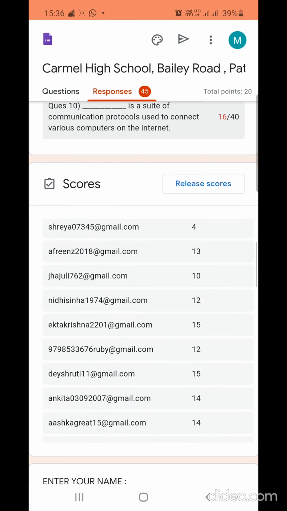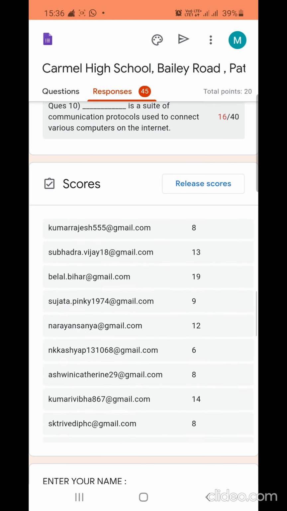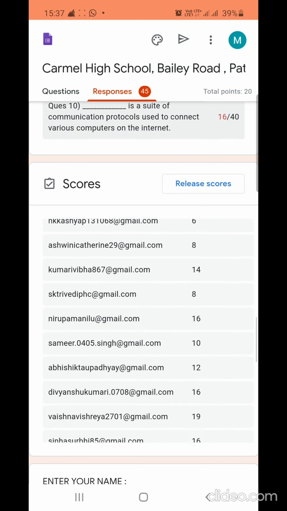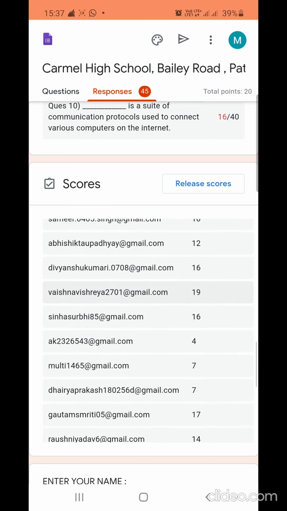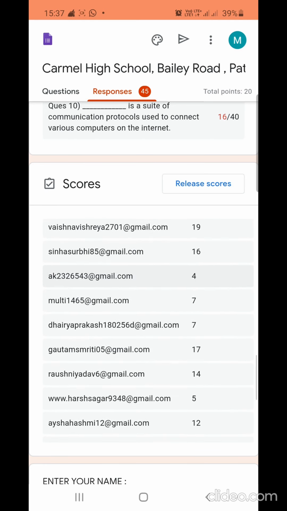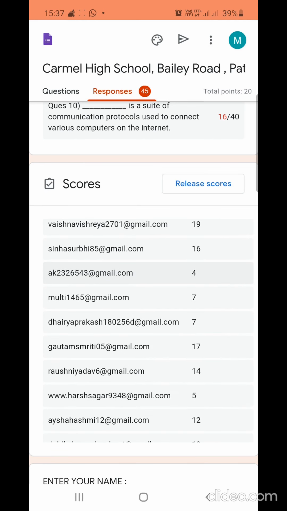You can see all of the students' Gmail IDs are stored, so it will go automatically. Plus from here you can also see the average score, the highest score and the least score. If I want, I can go and check why a girl has scored so low and in which area she has to improve more.